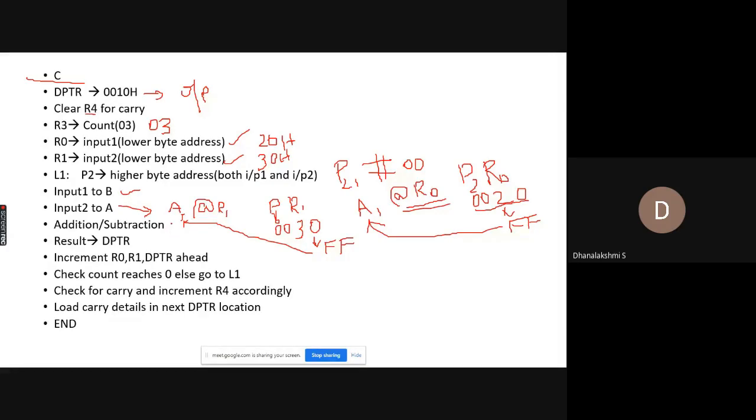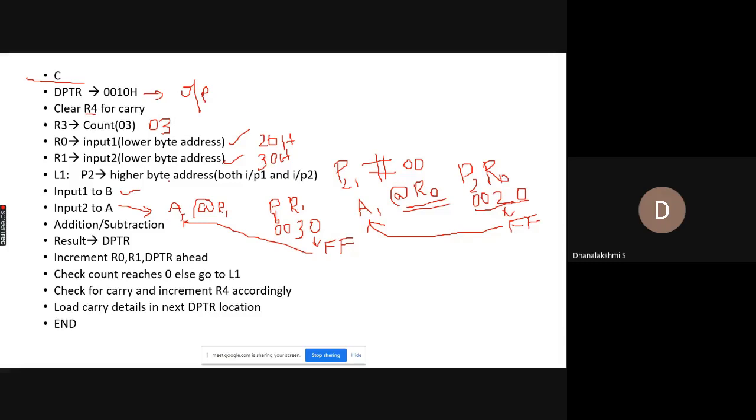Okay, in this case, since we are going to write this program in a loop, you are going to have a single addition instruction. Last time, in the 16-bit addition, we used the ADD instruction for the first 8 bits and the ADDC instruction for the second 8 bits. Here we cannot use different instructions.